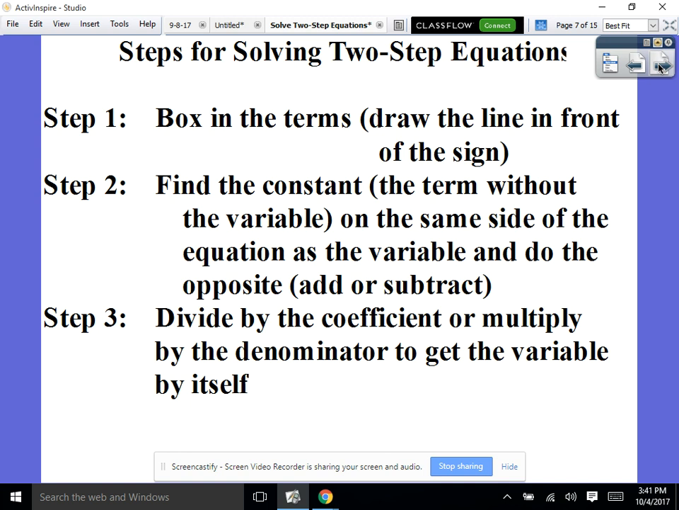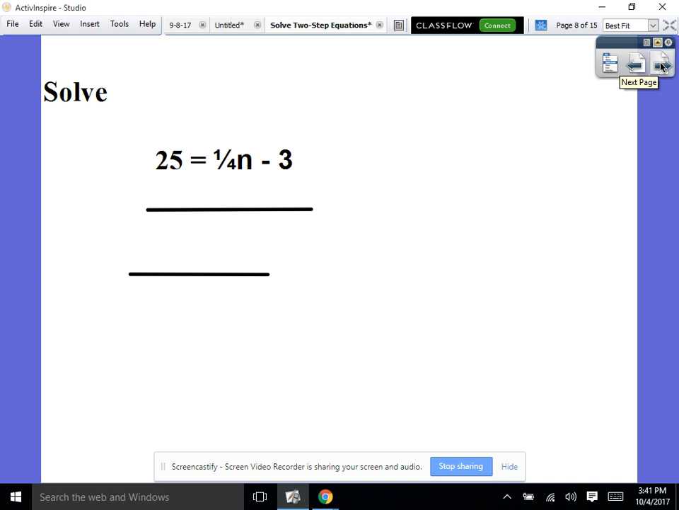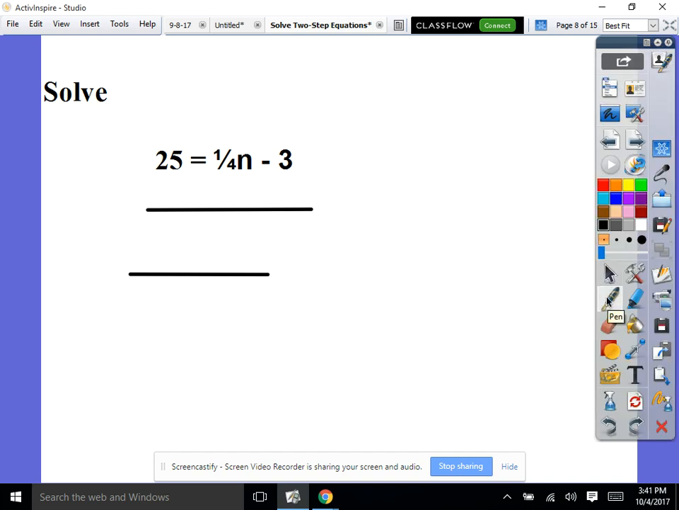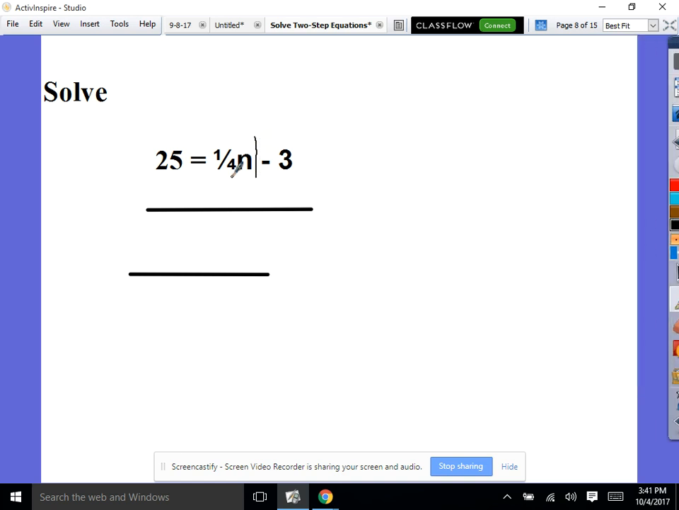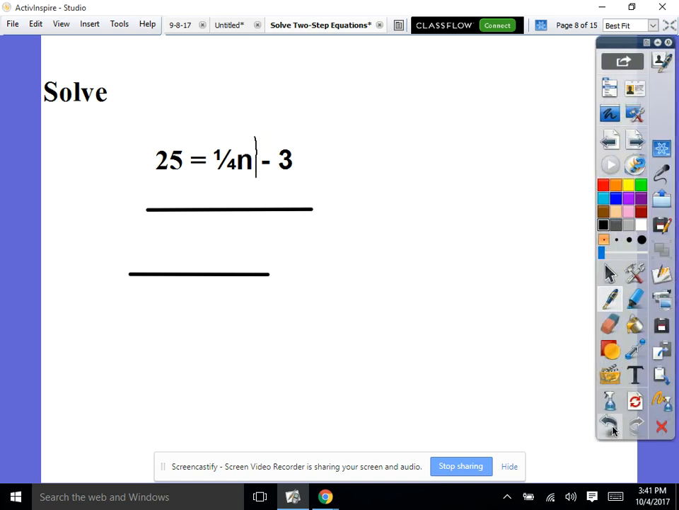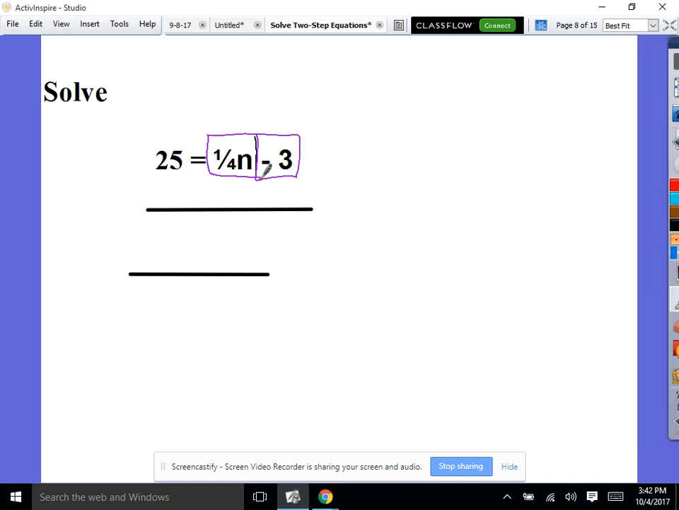So let's try some. All right, so first we're going to box in our terms, draw the line in front of the sign. Let me do this with a different color. So let's do it with purple. So there are 2 terms. We want to get rid of the box that does not have the variable in it. So we want to get rid of minus 3. The opposite of minus 3 is plus 3. That leaves us with 1/4 n